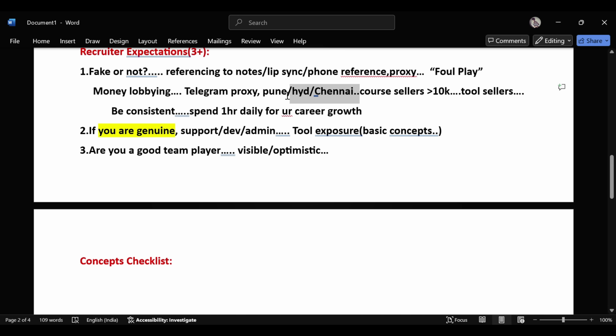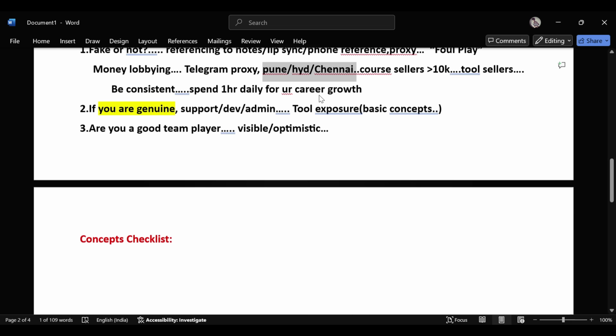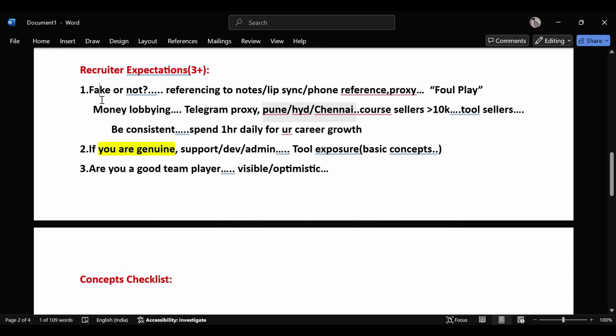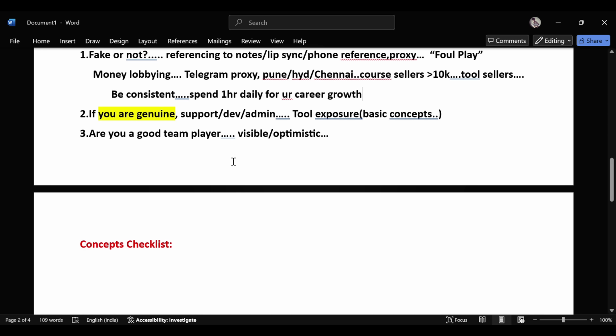Institutions will just get your money and give you tool access. Some of them will have some old tool, they will just share it with you and take the money. Even if you go for it and you are able to crack the interview, then fine, but that's kind of an unwanted thing.